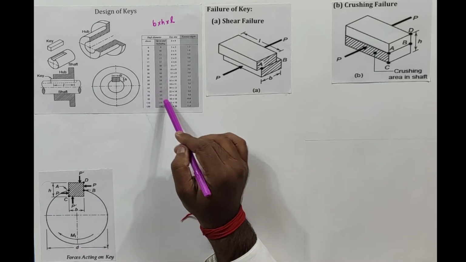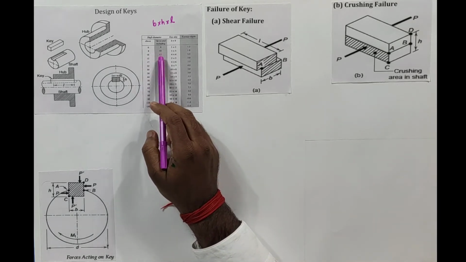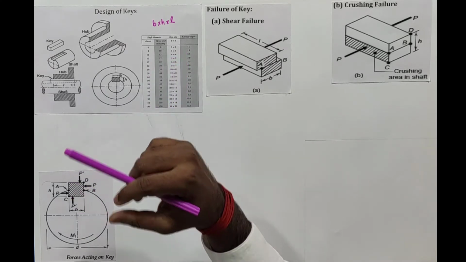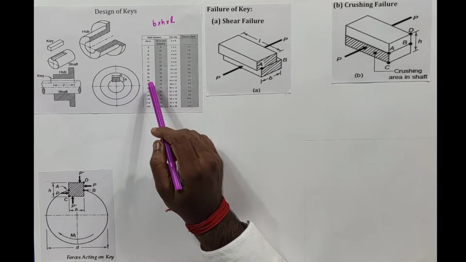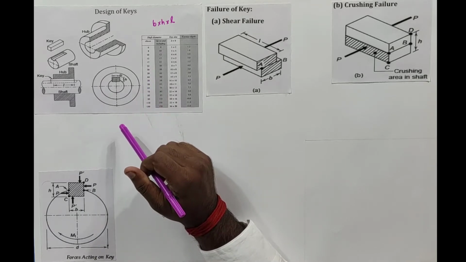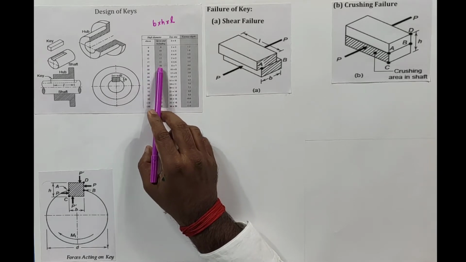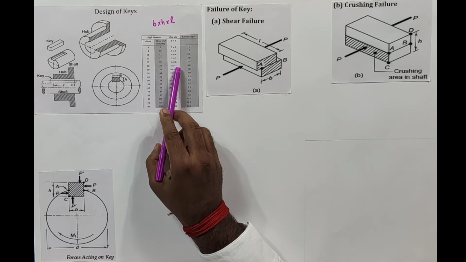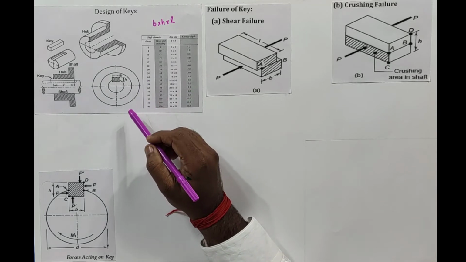Clear? So this chart is a design data chart through which, if we know the diameter range, we can directly select the key width and height very easily, with respect to its slot depth. Now you can see, if the calculated or design diameter is, let us say, 28 mm, then you can check the range 20 to 30. So 28 is situated in between these two. Therefore I can select 8 mm by 7 mm. 8 mm is width, 7 is height, with a slot of 4 mm. So likewise we need to select the key structure.